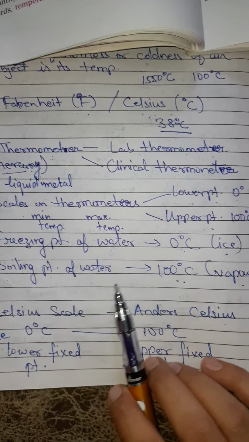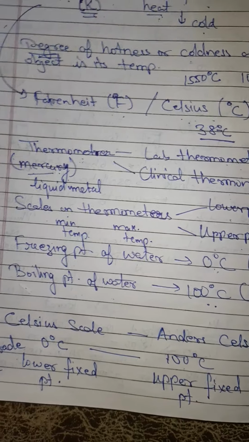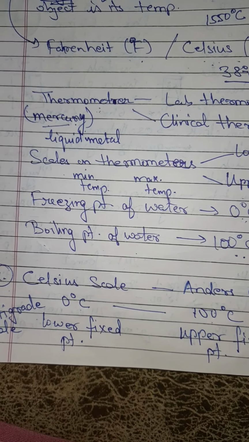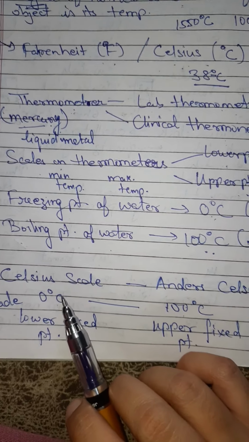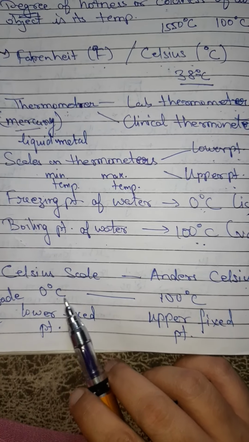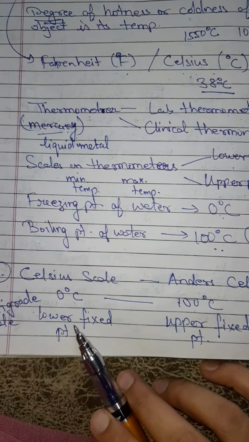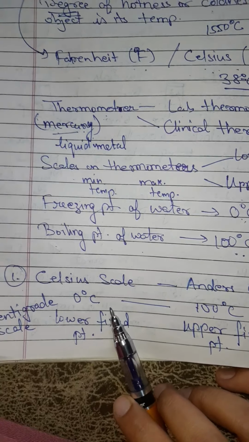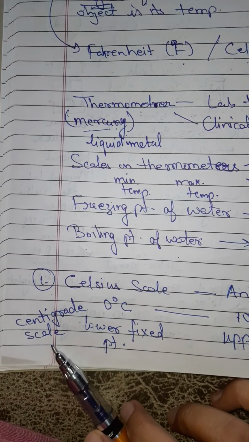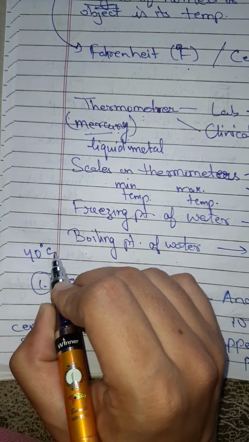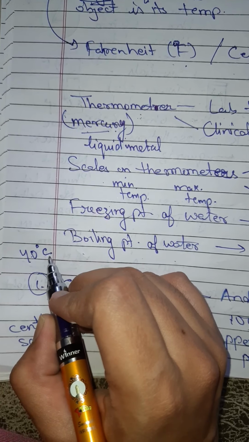3 types of scales have been mentioned to measure the temperature. First we'll discuss Celsius scale. In the Celsius scale, we use the range from 0 degrees Celsius to 100 degrees Celsius as mentioned here. The Celsius scale is also read as the centigrade scale. So if the temperature outside is 40 degrees Celsius, we can also say that it is 40 degree centigrade.